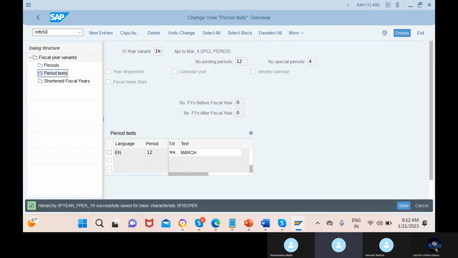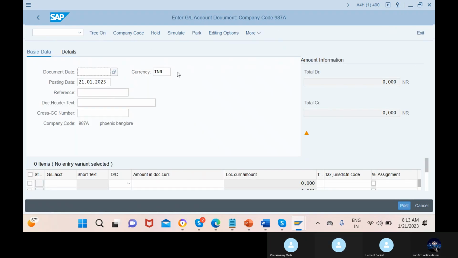It is to do posting of data, a transaction. It will be related to that fiscal year. Super, sir. When you post a transaction,